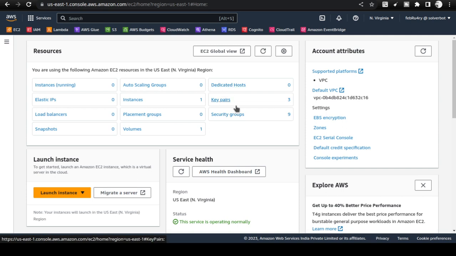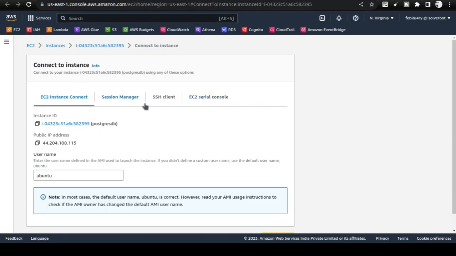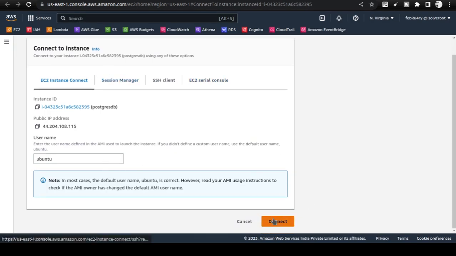There is one more step we need to do before we SSH into the instance, but we have an easier way to get access to the Ubuntu instance. This is what I was telling. All you need to do is,